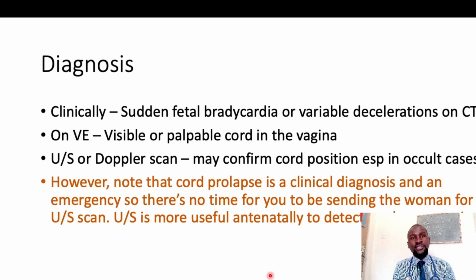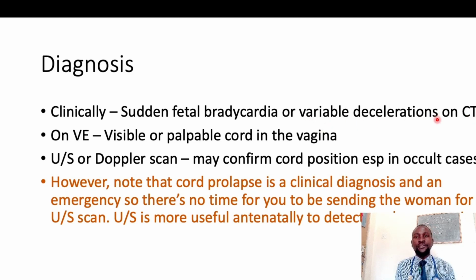How do we diagnose this cord prolapse then? So cord prolapse, I must mention, is a clinical diagnosis. Clinically, there will be sudden fetal bradycardia or variable deceleration on CTG. Variable decelerations on CTG indicate cord compression, okay. So that's why you find it in